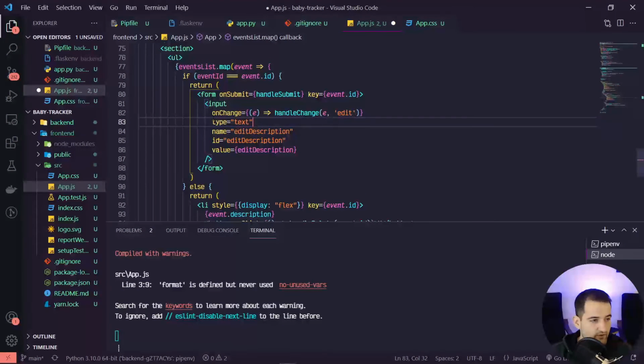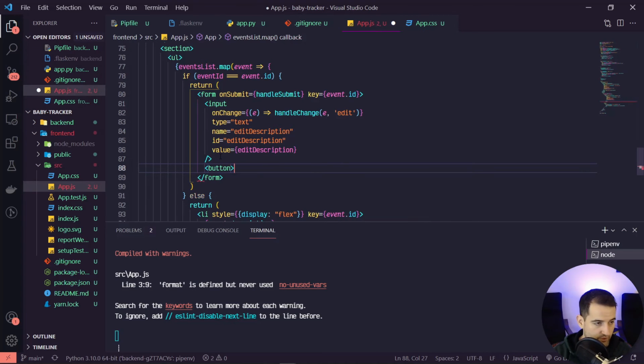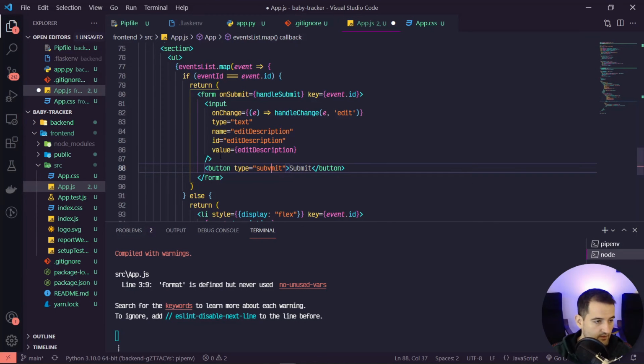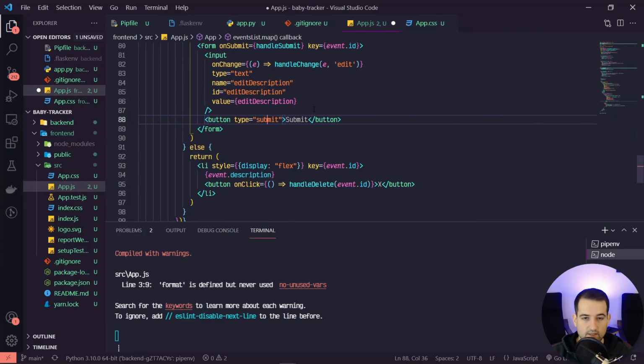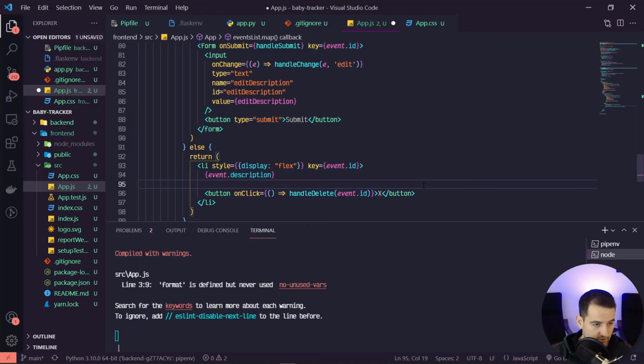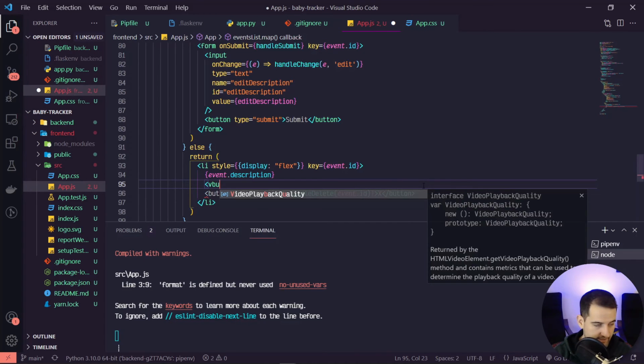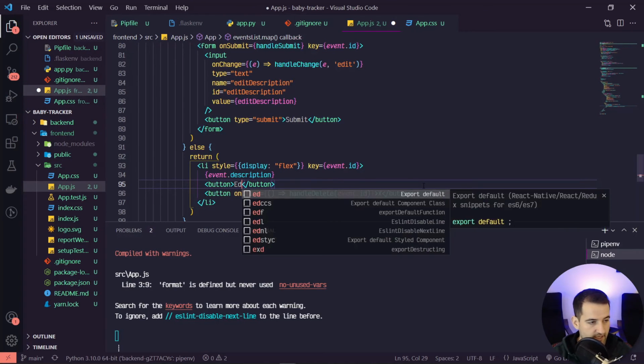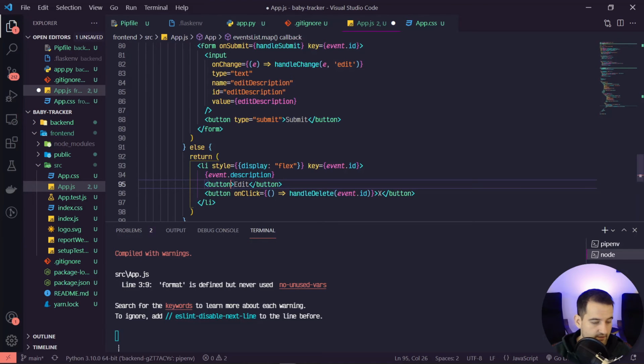And then, so we have our form, our input, and we need our button. So the button is going to be similar to our regular description one, where we have type equals submit. And then we need a way to activate the edit mode. So what we'll do is above our little delete X button, we'll just create a button that says edit. And then when we click it,